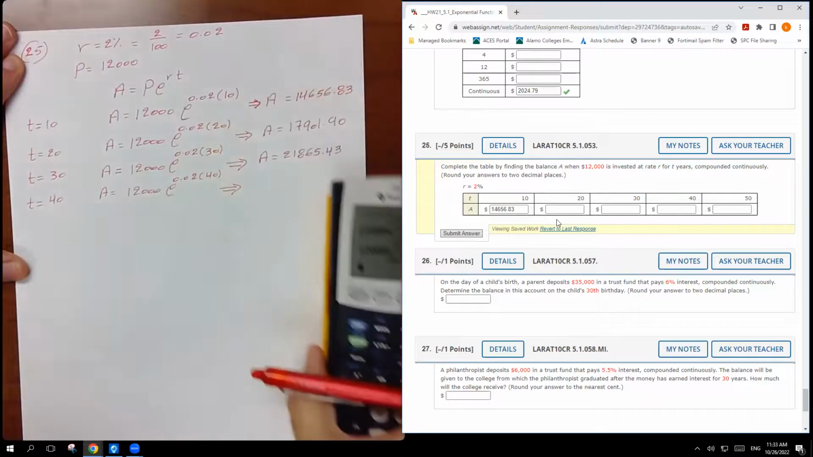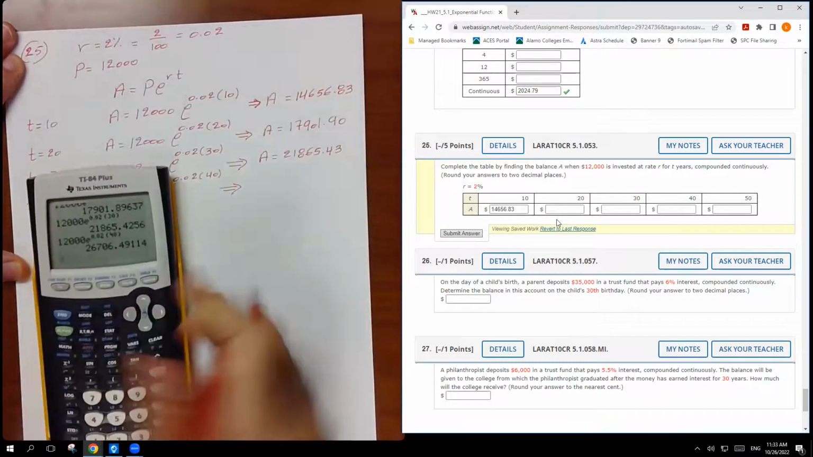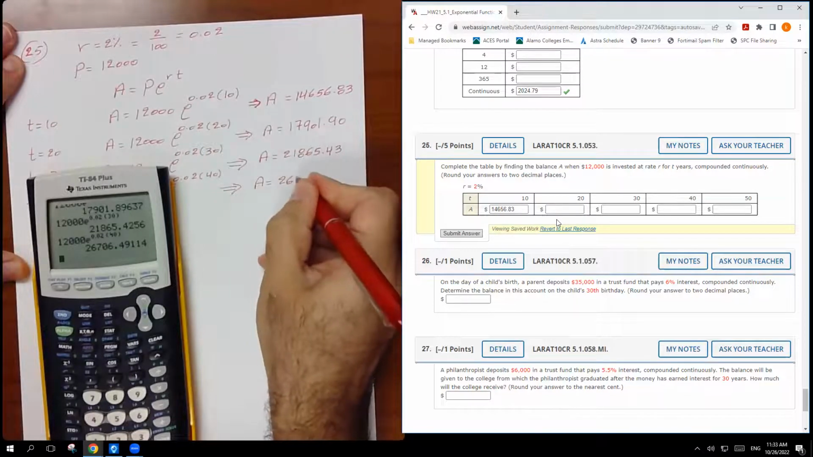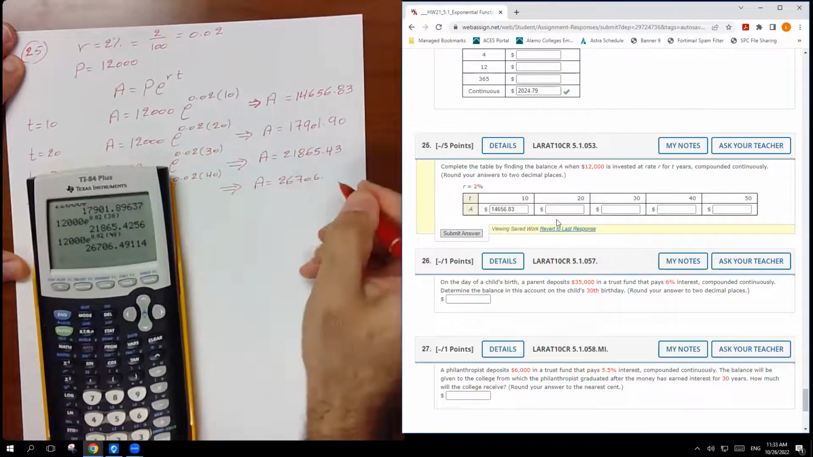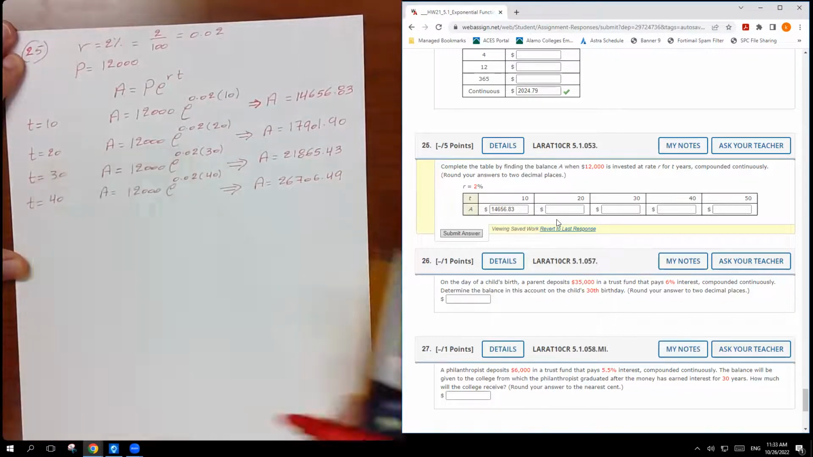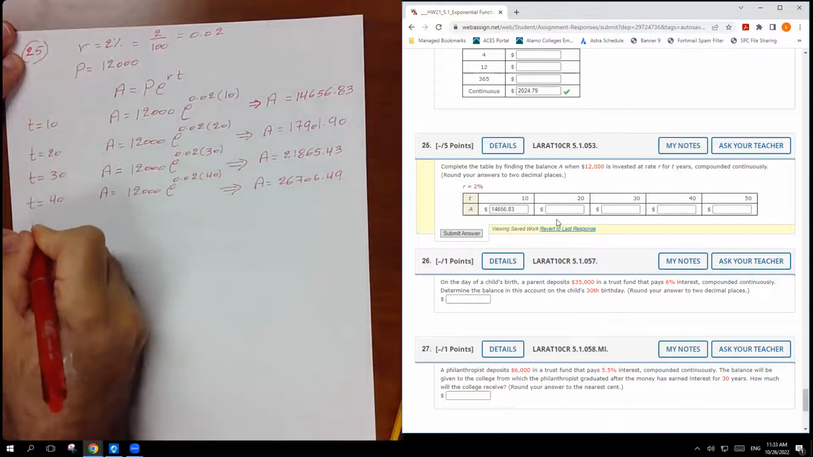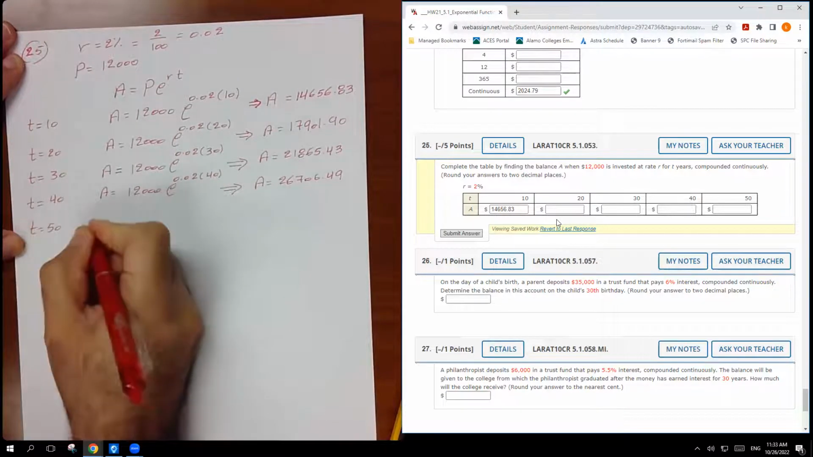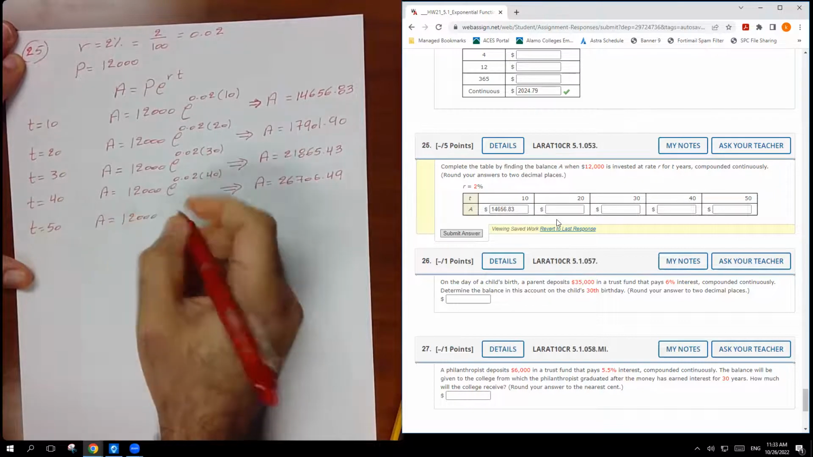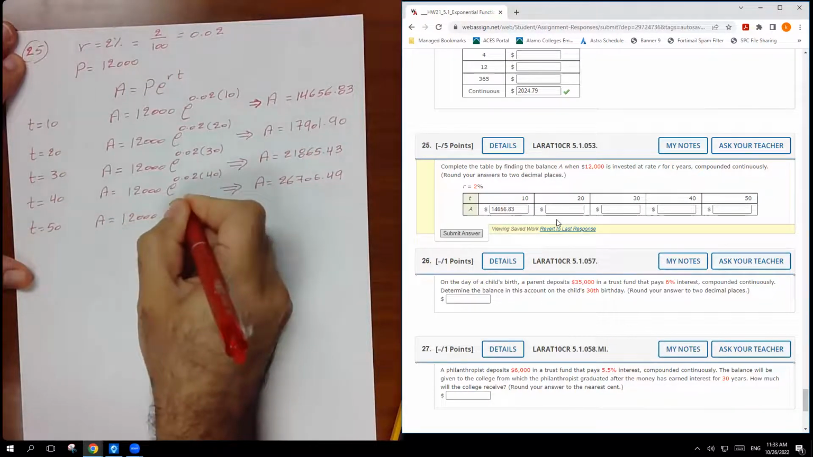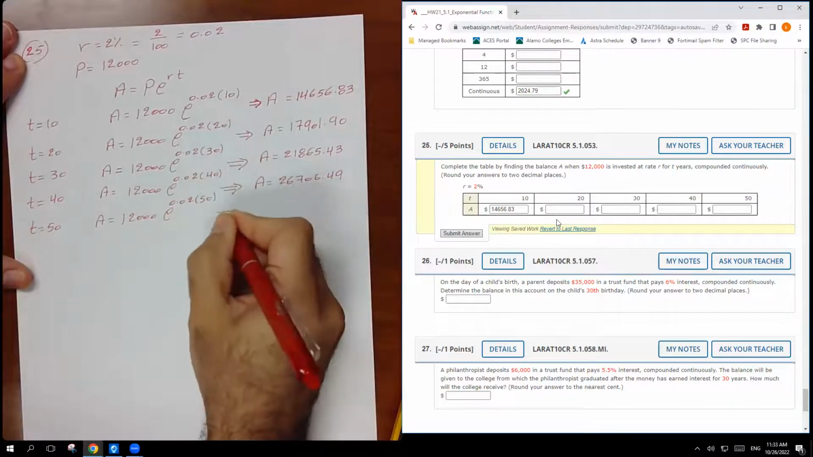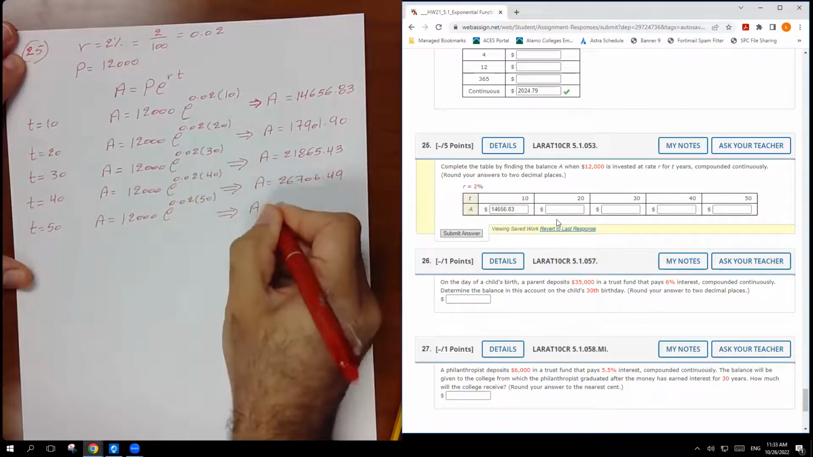So it's going to be 26,706.49. And the last one, when t equals 50, the balance is going to be 12,000 e to the 0.02 times 50, and that means the balance is going to be equal